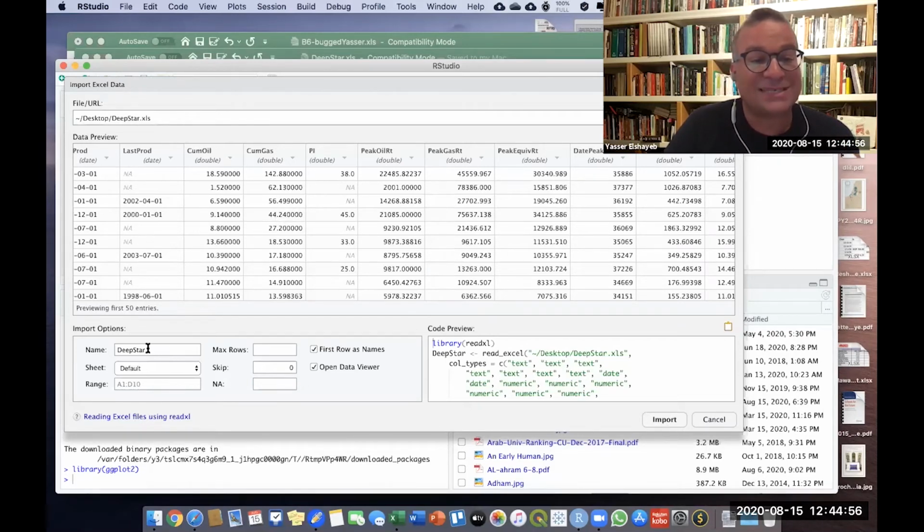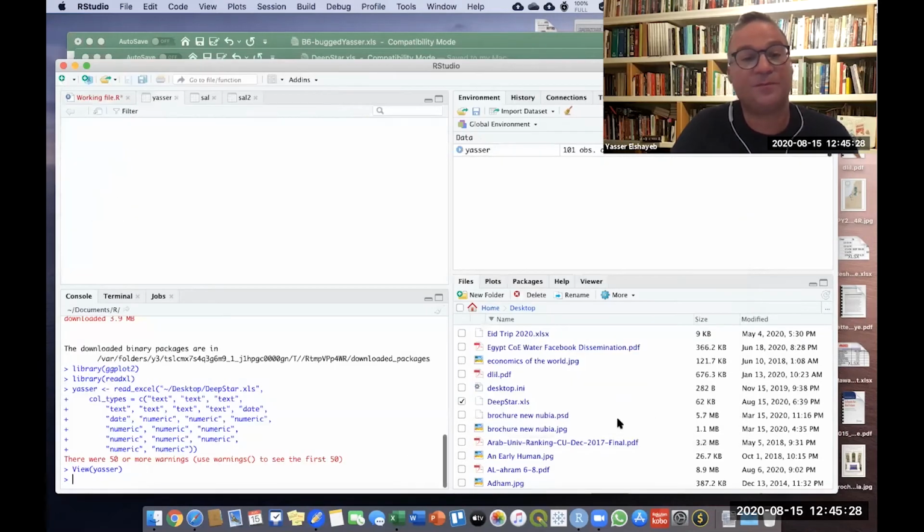And here the last question that it asks me is the name of the variable that I will use in order to store this data. So I will store this whole data set, this whole data matrix, in a variable called Yasser. I'm very much biased towards my name. Anyway, okay, so I will have a variable called Yasser that contains everything that is in here. I'll just click on import, and I will